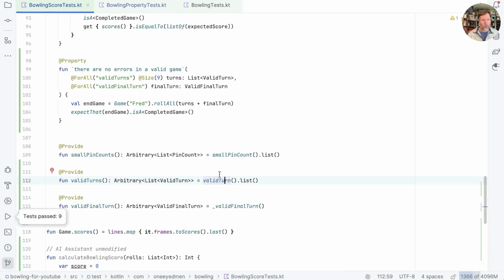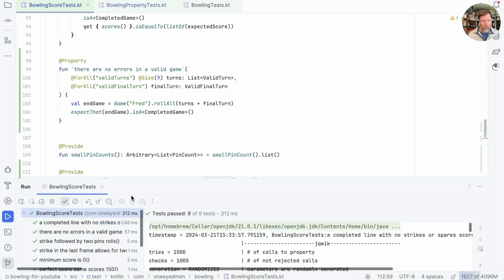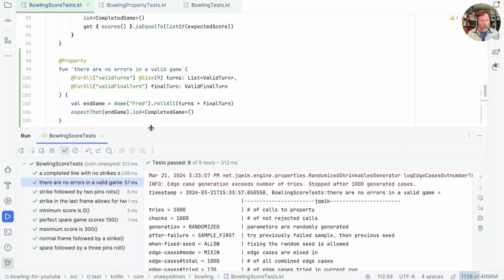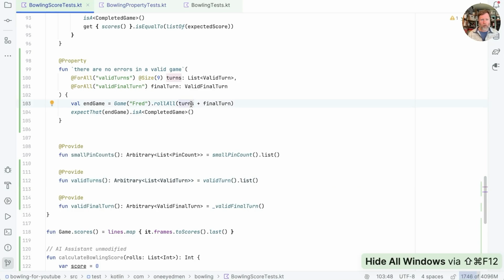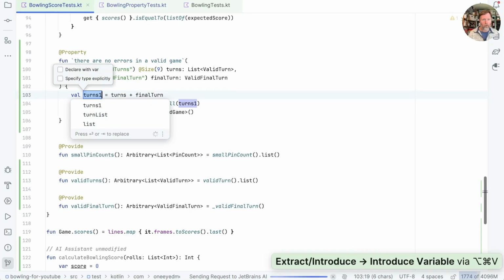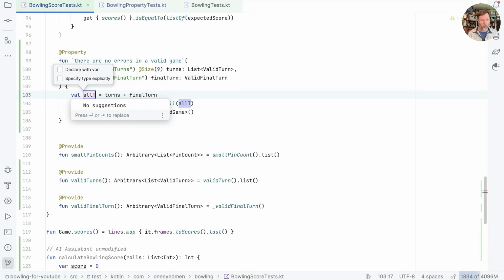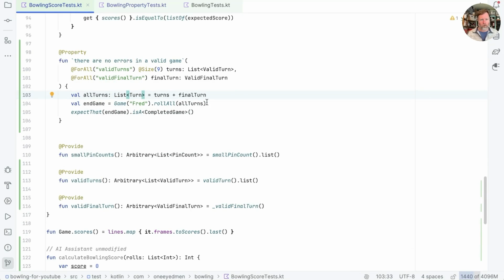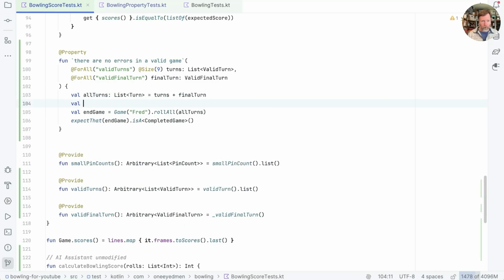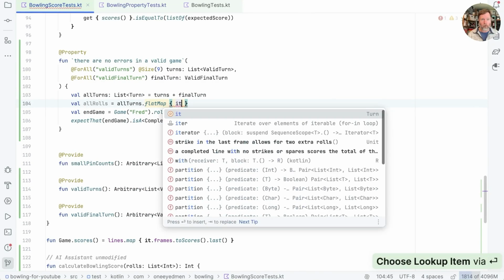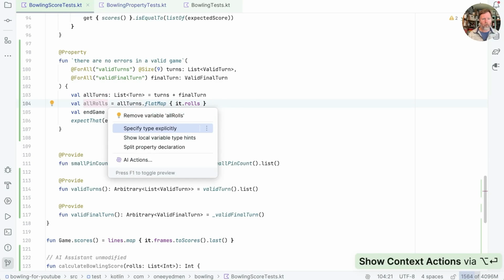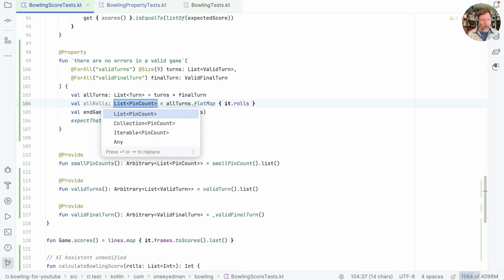It does. Good. Just check, because I'm getting paranoid now that we are running. There are no errors in a valid game. There. Good. And now let's take these two as a variable, which is all turns, and we'll look at the type of that. So that's a list of turns. And I think we should be able to turn that into all rolls: all turns flat map it, which is a turn rolls. And if we're right, the type of that is list of pin count,